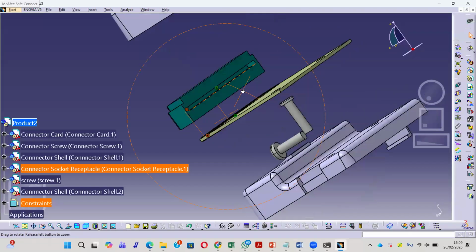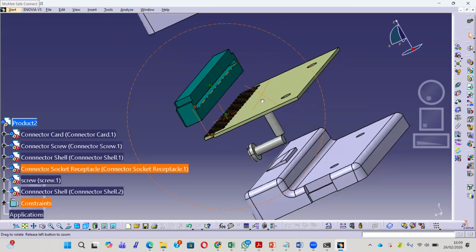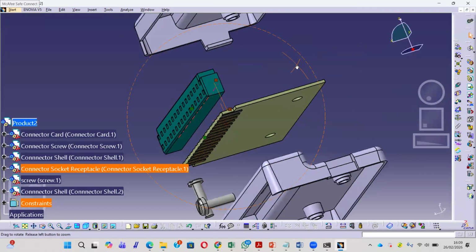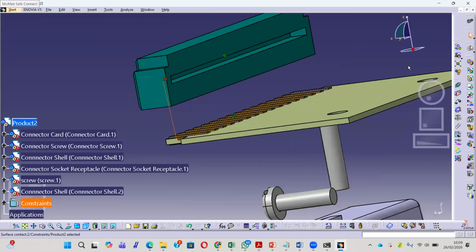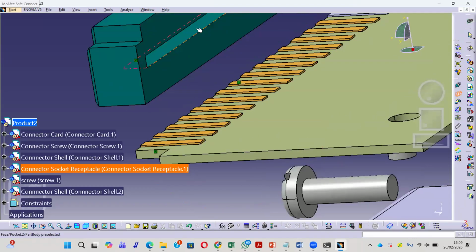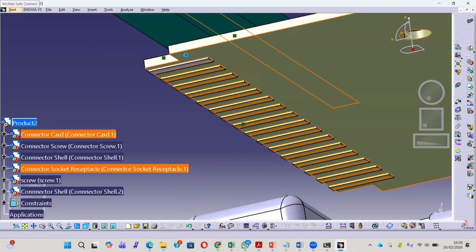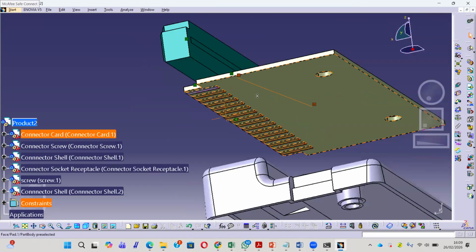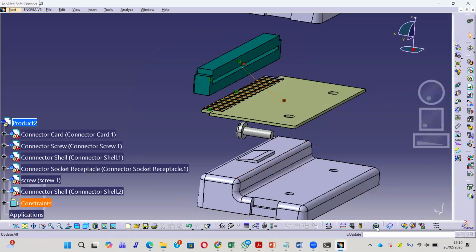This is the two constraints. So it means one more constraint, one more constraint. Use contact here, and then this face or this plane will be contact to this one. Okay, we will see by using update.